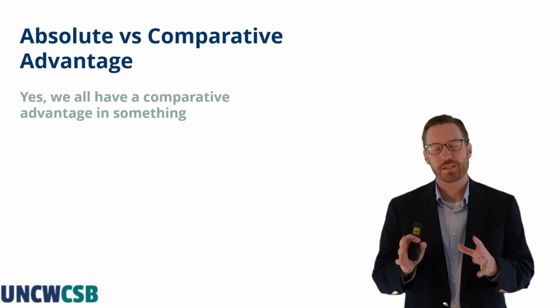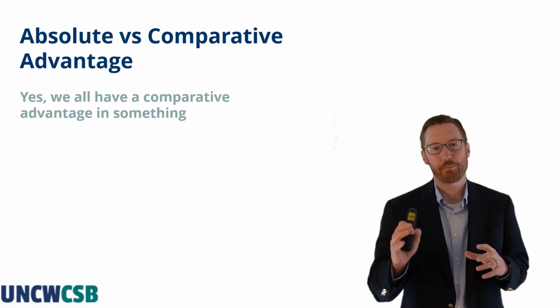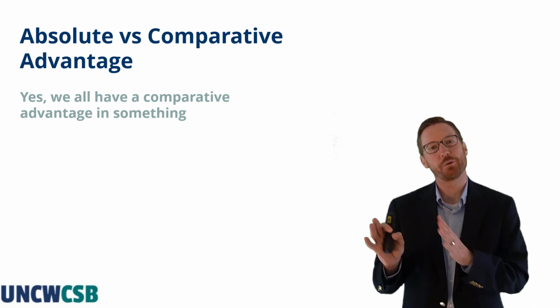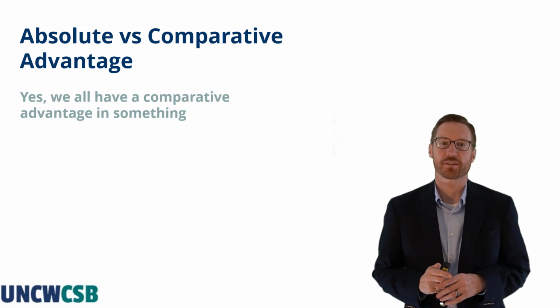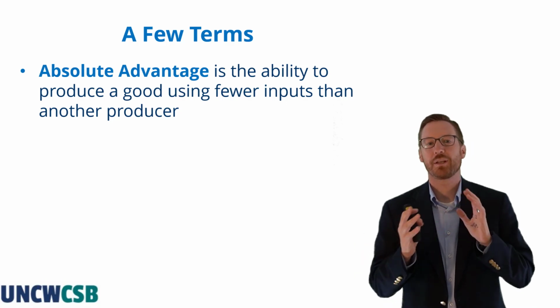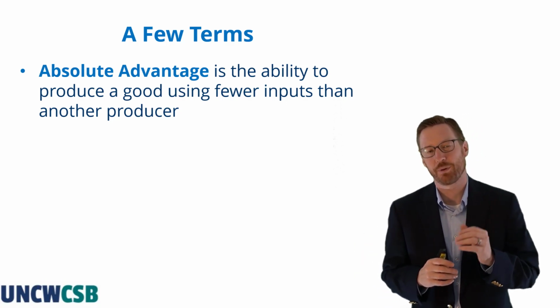Welcome back. Let's spend a few minutes talking about absolute advantage and comparative advantage. So we'll get the terms out of the way first, and then we'll think about an example and try and make sense of it. So absolute advantage is the ability to produce a good or service using fewer inputs than